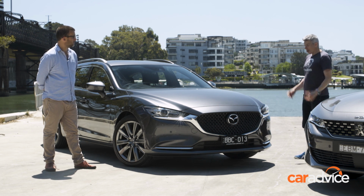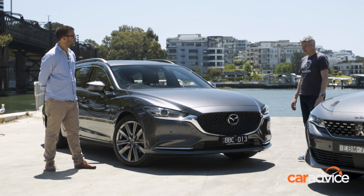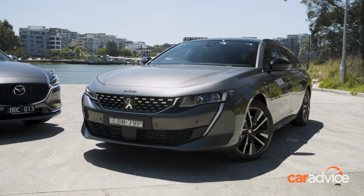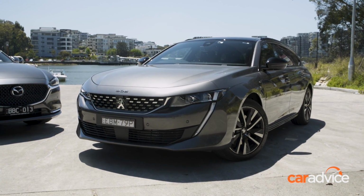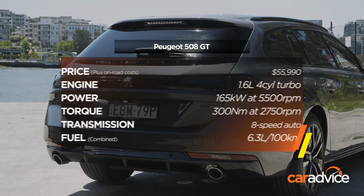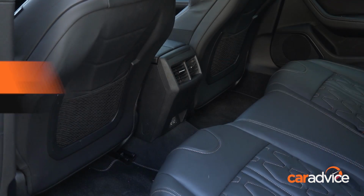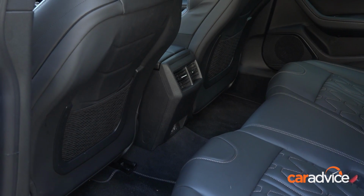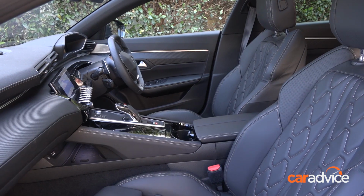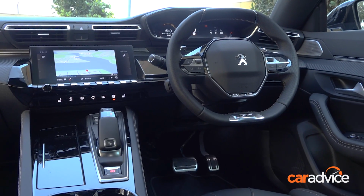Yeah, agreed. And what we've got here, two very different approaches to wagon design. Absolutely. The GT is the only specification available for the 508, with Peugeot opting for just the one highly spec'd model. It's priced from $55,990 in this sports wagon form, which could be viewed as bold pricing considering another $7,000 or $8,000 could get you into a wagon from Audi or BMW. You wouldn't get the same level of equipment though. The Peugeot, for example, features Nappa leather upholstery, heating and massage functions for the front seats, and a Focal 10-speaker